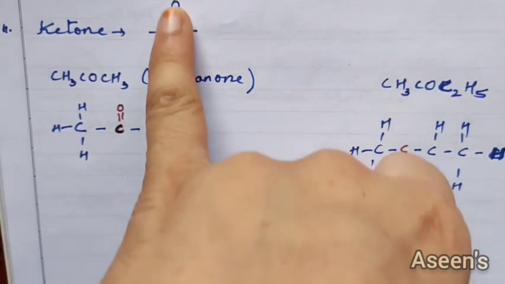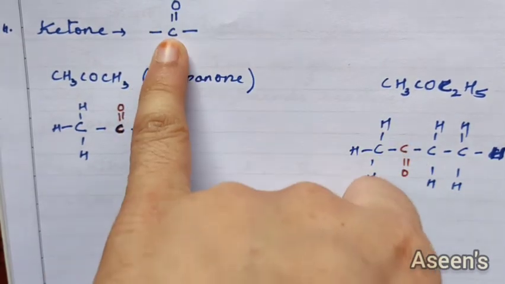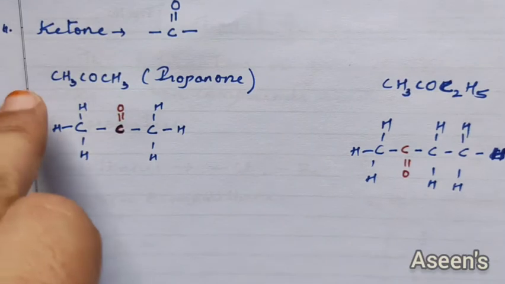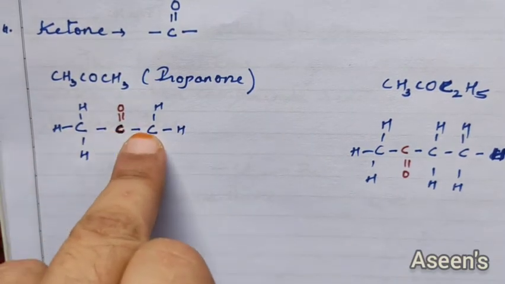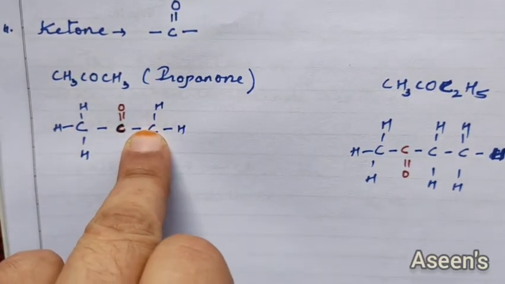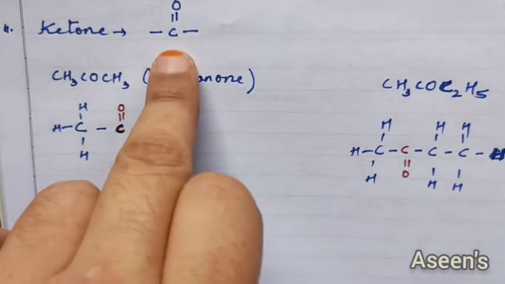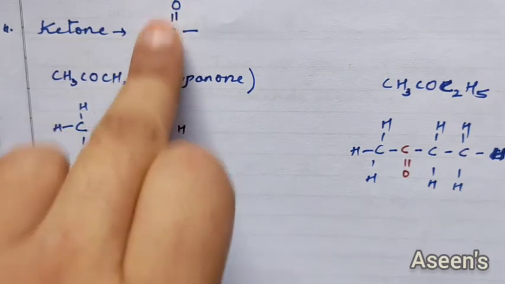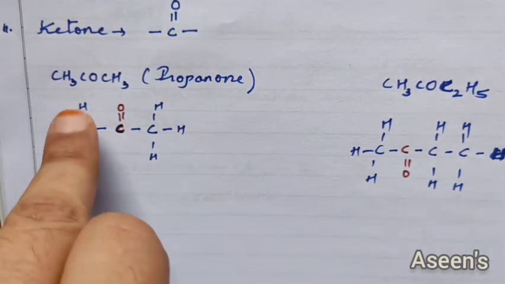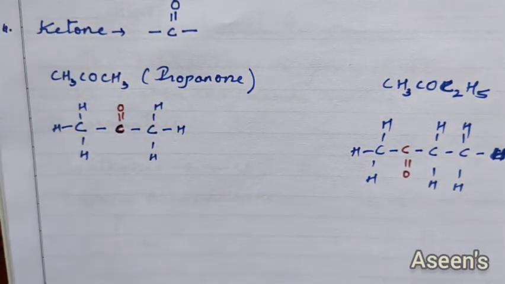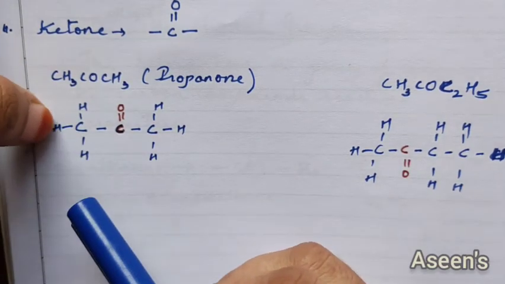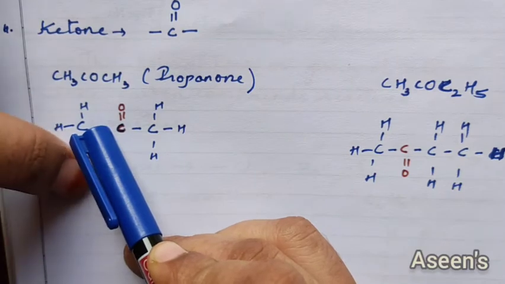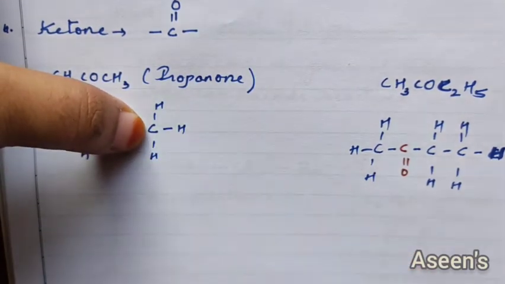Okay, so this thing we need in the middle. So prop here refers to 3 carbons. Okay, so 1, 2, 3. Among these 3 carbons, as I told you, this has to be in the middle. The middle carbon is made the double bond. And the ending carbons are filled according to your valency. So this carbon has got 4 hands. 1 is already connected here. So 1, 2, 3 hydrogens. In this case also the same.